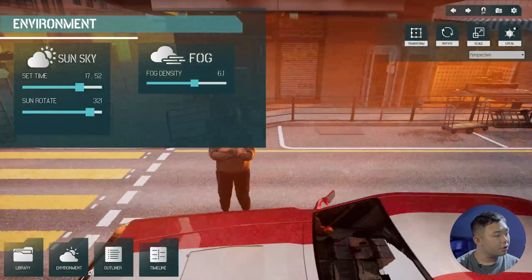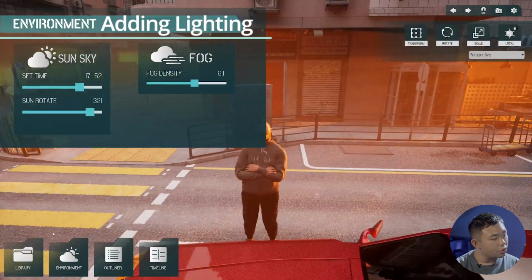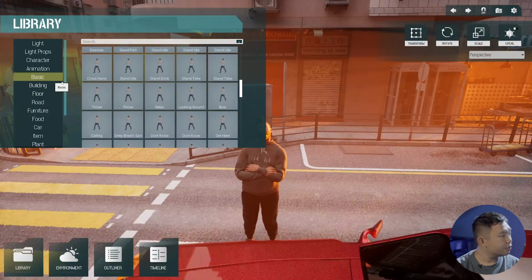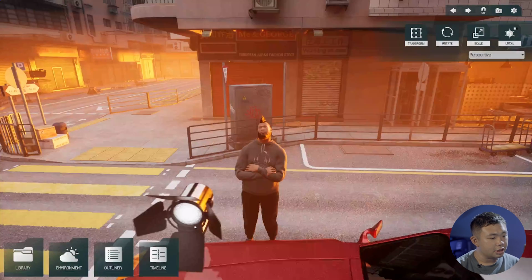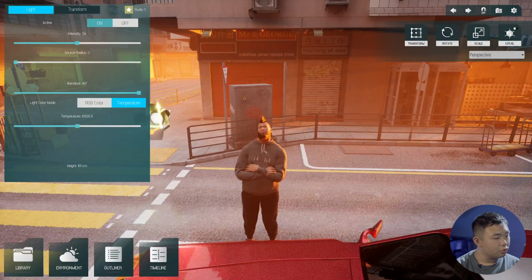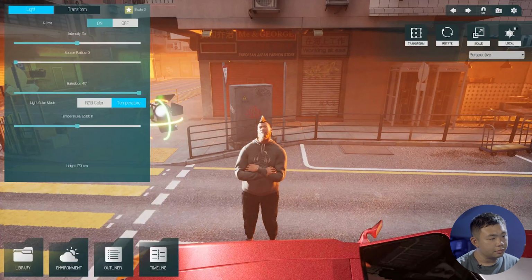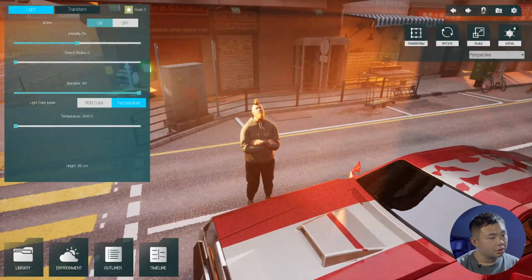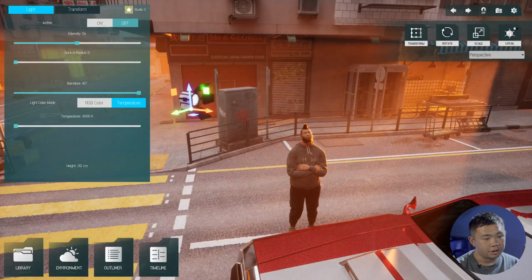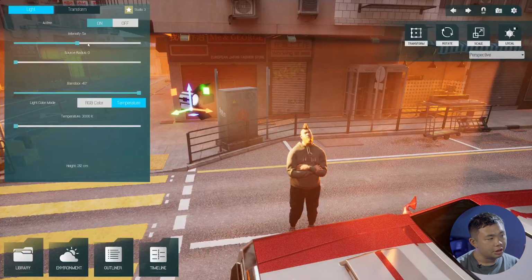For more control, you can add simple lighting equipment. We go to the library and navigate to the lighting category. Here, we get different kinds of lighting fixtures and also some tools to block the light. So let's pick one. Maybe we can get a studio free light here. And I can position it to the place that I want, and also adjust a bit of the color temperature, maybe to make it a bit more yellowish. I can also try to turn the light on and off to see whether there's any difference. You can see the difference is quite significant.